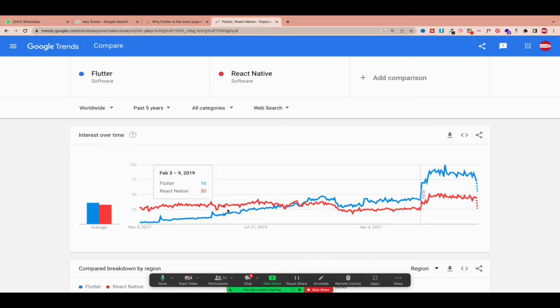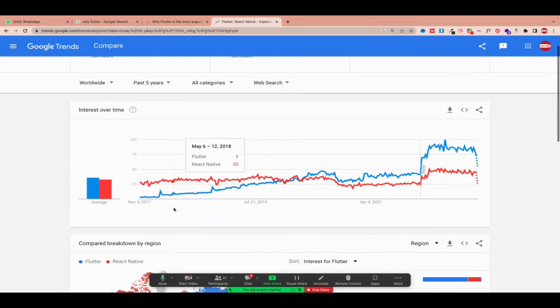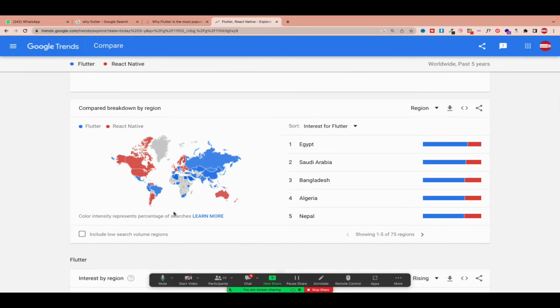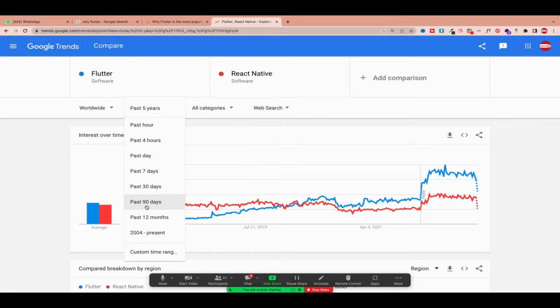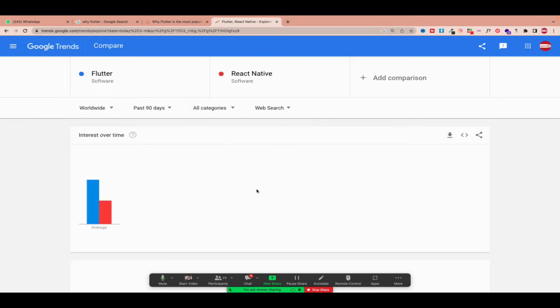It started, so you see, in this year, which year was this? January 2020, Flutter surpassed, surpassed what? Surpassed React Native. And it surpassed so much and forever almost. So it is really on top, and React Native, even though it started in the market, is on the bottom of what? Of Flutter. So there you can make a decision based on what? On real information that people are searching from Google to solve their day-to-day problems.